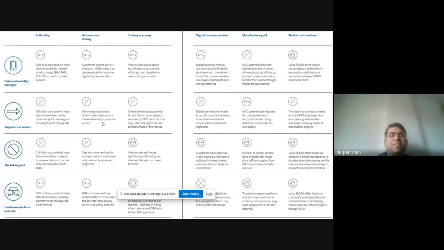this supply chain. So the point I'm trying to make is that there is quite a lot of uncertainty with respect to the demand and supply, or the customer expectations that will be there in the future. So there will be a different type of challenge. This is what I have tried to depict in this slide, that going forward there will be manufacturing 4.0. The workforce will also be required to transition to handle the upgraded technological